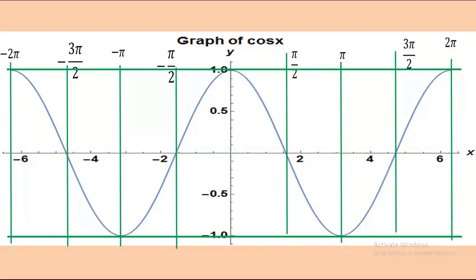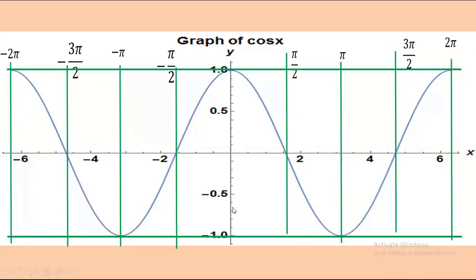Its maximum value is +1 and minimum value is -1. It is defined for all real values of x. And the curve is symmetric to the y-axis. You see the line here? If we fold it,